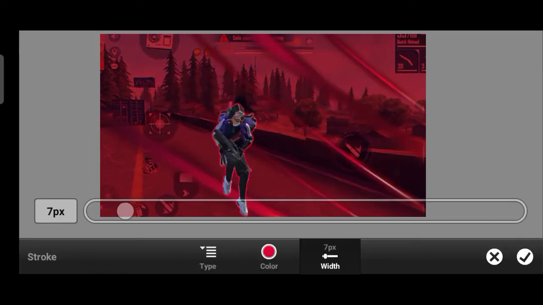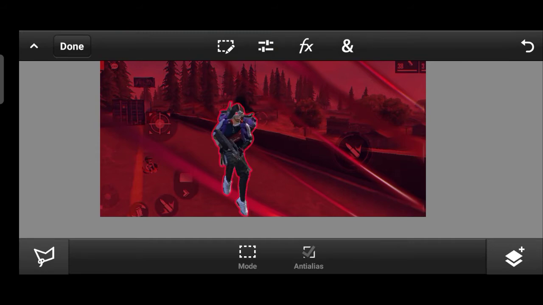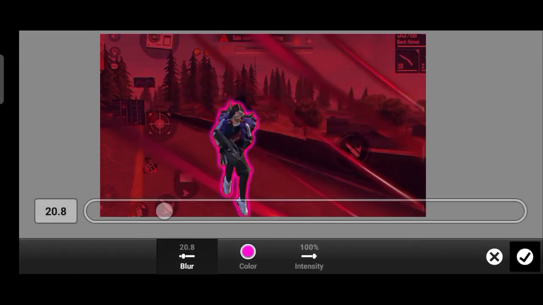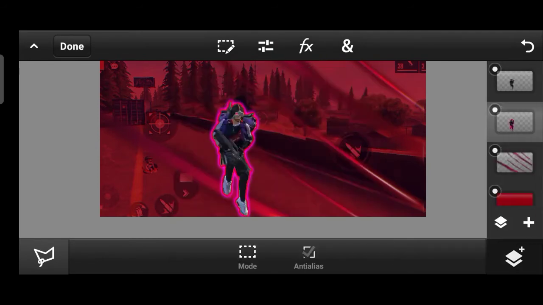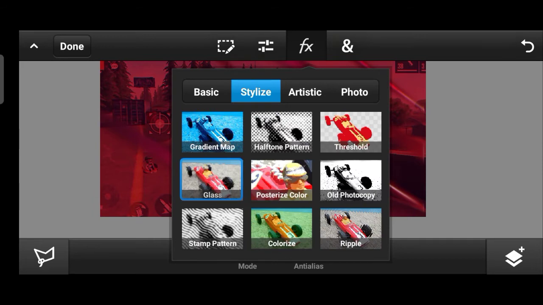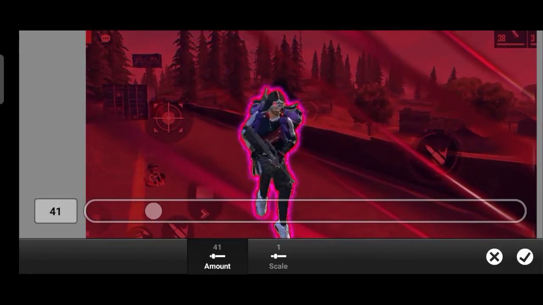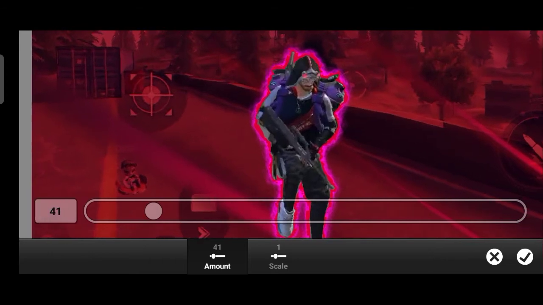You're going to increase to 6 or 7. Ten is enough for me. And click on the glow, select pink, and the main part is this. You're going to click on glass and correct it to whatever is suitable for your thumbnail.